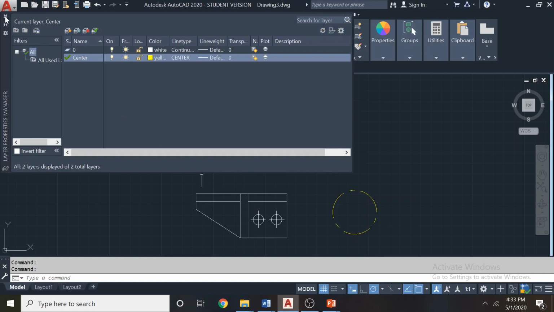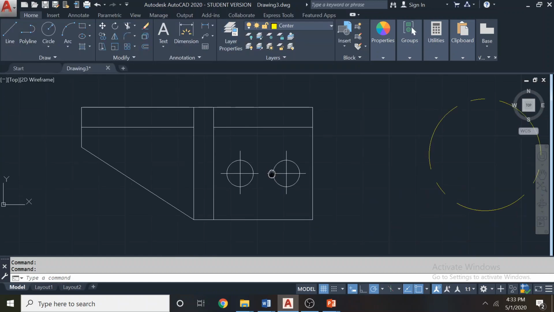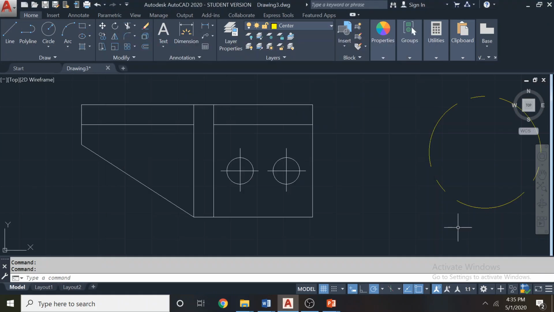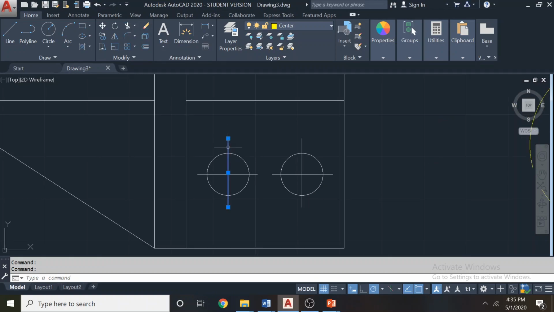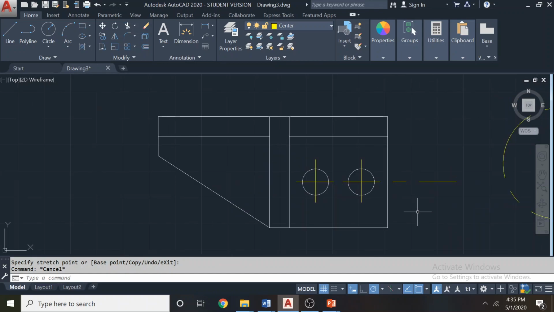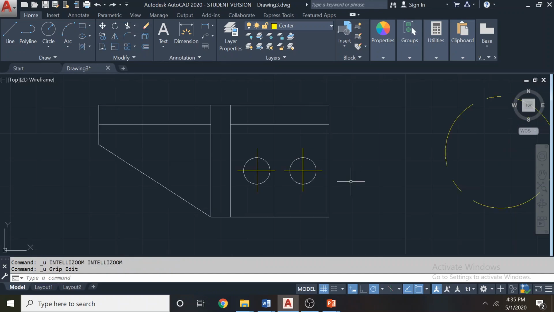Okay, so we will now make these lines center lines. Now we look at how to change these normal lines to center lines. The easiest way is, now we have created the lines already, so you just select these lines and change the layer from here. Now I have changed the layer into center lines, but you can't see the center line's actual appearance. Now when you increase the line length, you can see the center line's actual appearance, but for these small